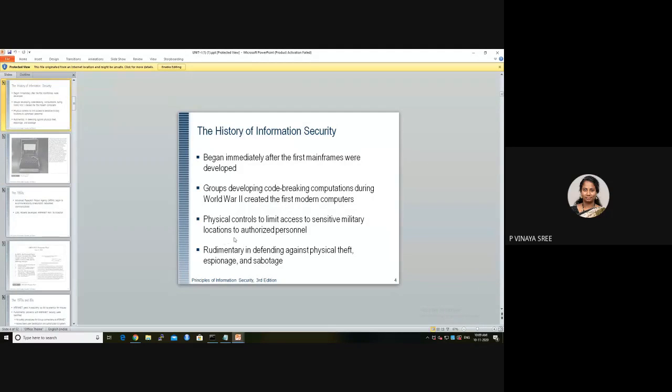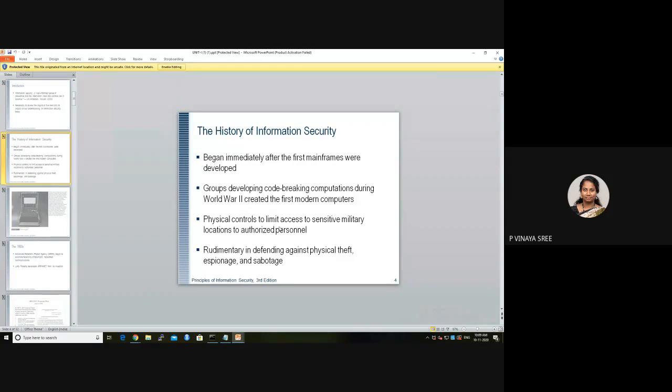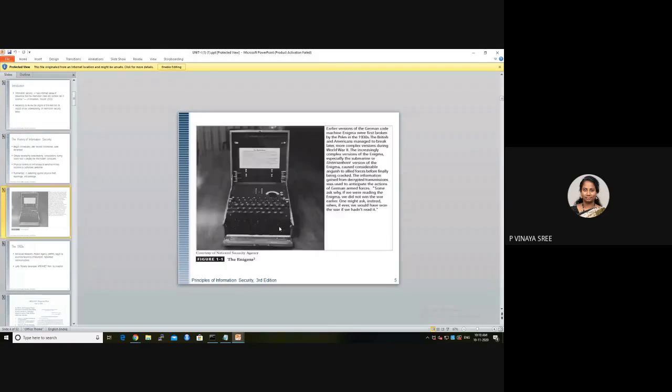Here is what? Physical controls to limit access. See the third step, ma'am. Physical control to limit access to sensitive military locations to authorized persons. So initially what happens? Previously, when the first mainframe systems were developed and the first Enigma machines were developed, in those olden